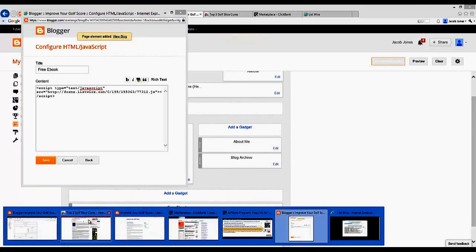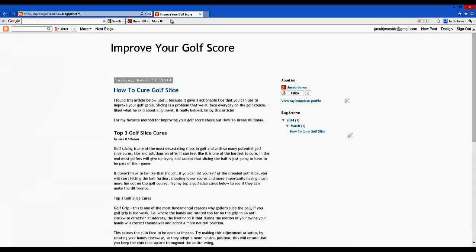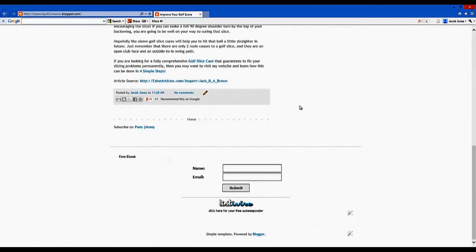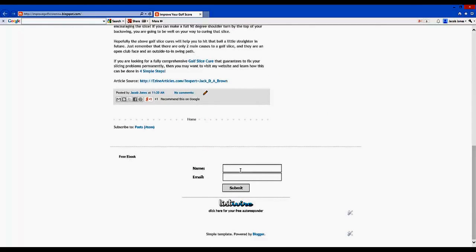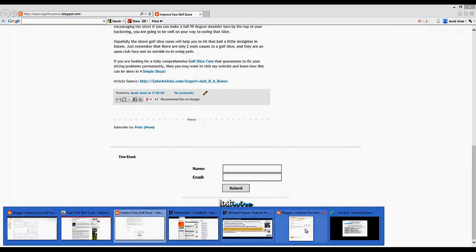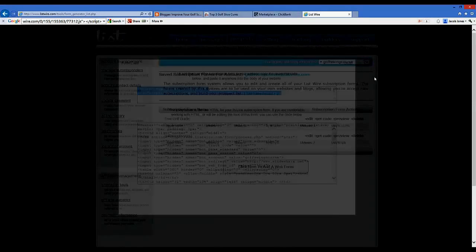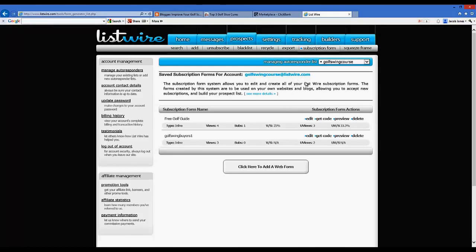So now we can go in here to look at our blog, see how it looks, see if it even shows up accurately. And it does. It looks like it does. It does kind of drag it down there, only because it's a little bit wider than the sidebar there. So it does put the opt-in form there, but it does force it to go towards the bottom. So that's something where you could go into ListWire here, and we could actually create a much smaller form if